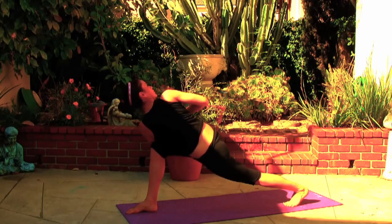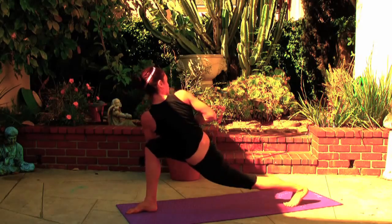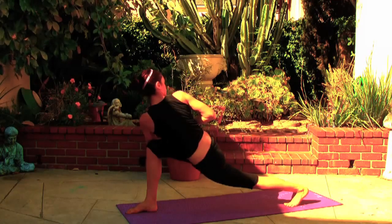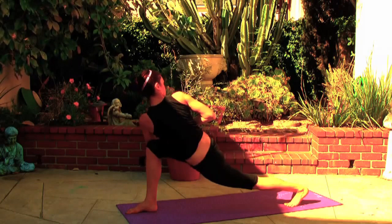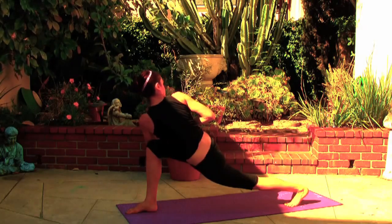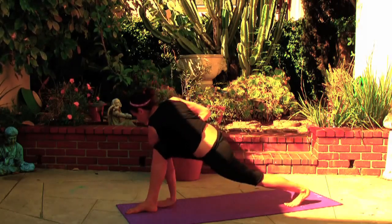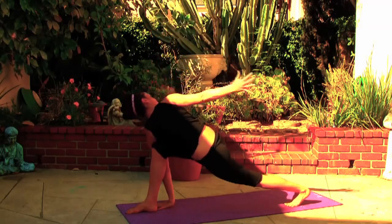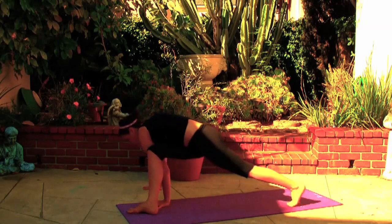Press the back heel away from you. Again, exhale, go deeper. Peel your chest off of your thigh. Drop your shoulders down, open the chest, widen the back, lengthen through the crown of your head. Either stay here or you can extend one hand on the floor, one reaches all the way up, and the